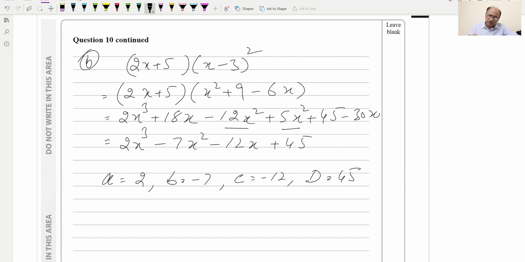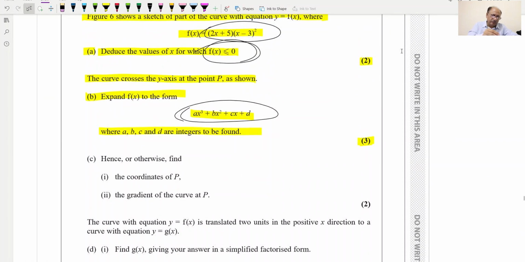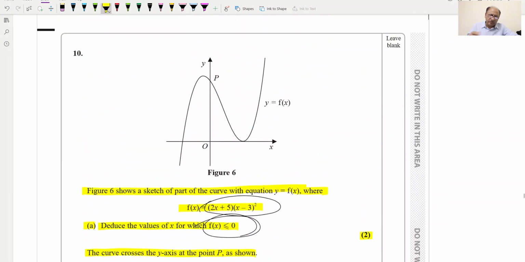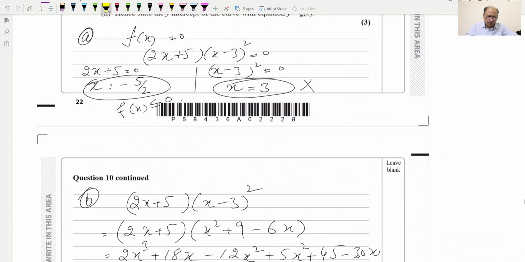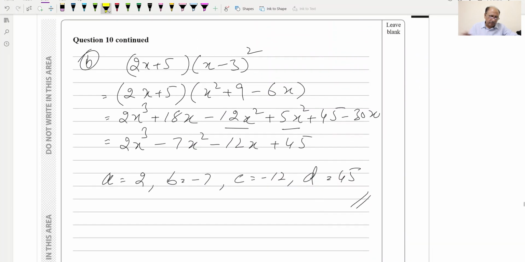So these we can write as small d. So this will be our answer for the B part. Now for the C part: hence or otherwise, find the coordinates of P. The coordinates of P is basically the y-intercept, so this P is required, and we replace x equal to 0 in this